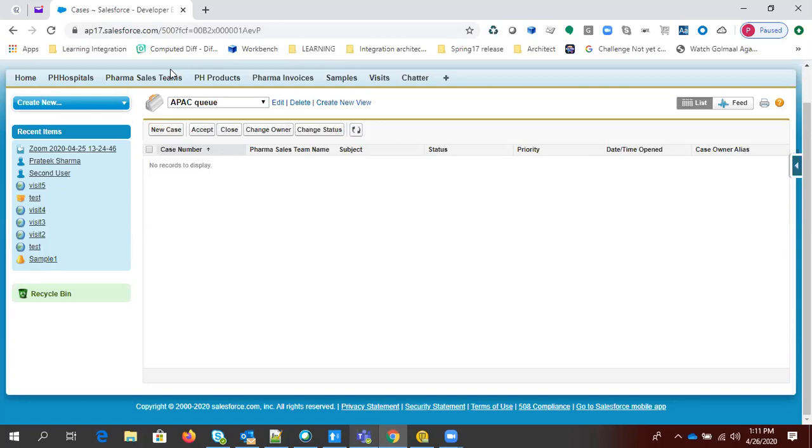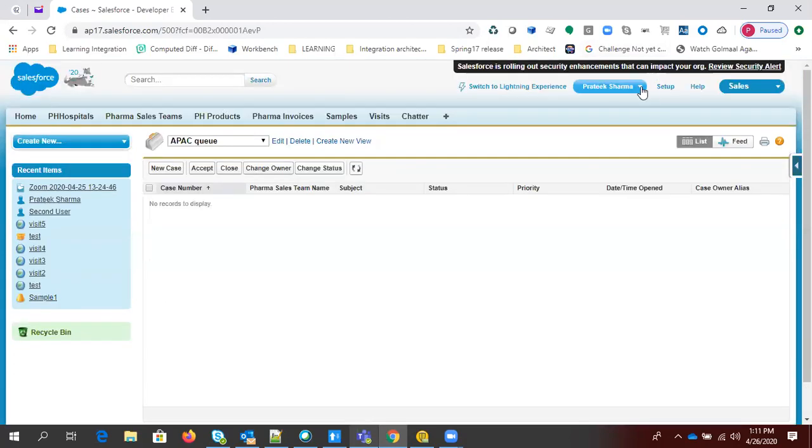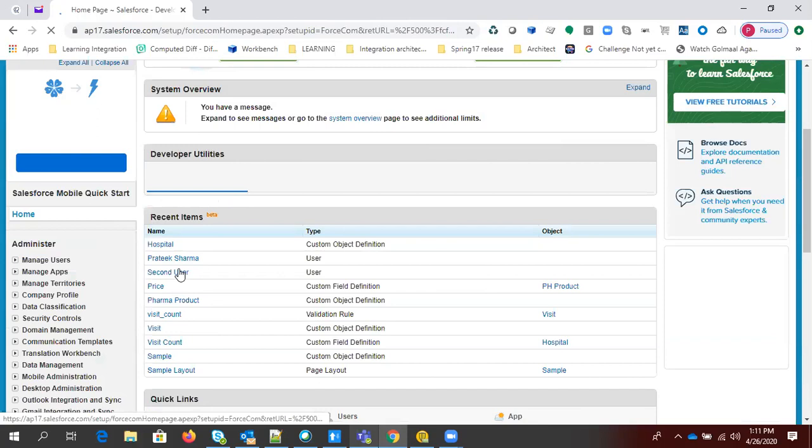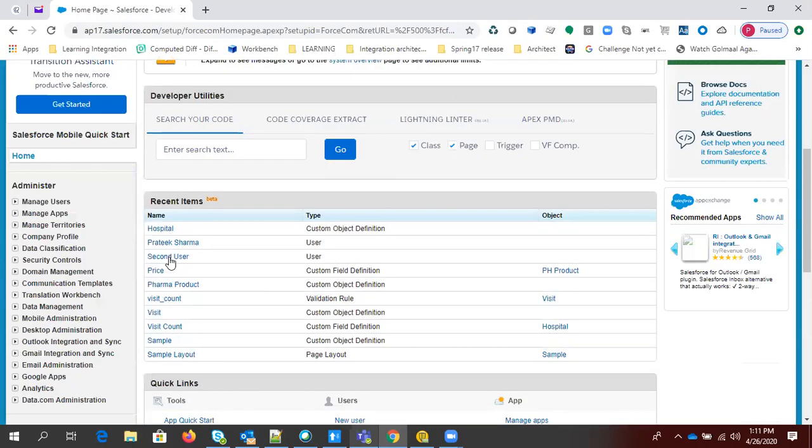Okay, so now our major topic in Salesforce is called security, application security. We have already discussed application security. Application security is divided into profile, permission set, role, sharing rule, this kind of stuff. We have already created a user here in Salesforce. Let me open that second user that we created. You can also open it from the recent items directly. We recently opened the second user, so it is visible here, and you can directly click on it and it will open.